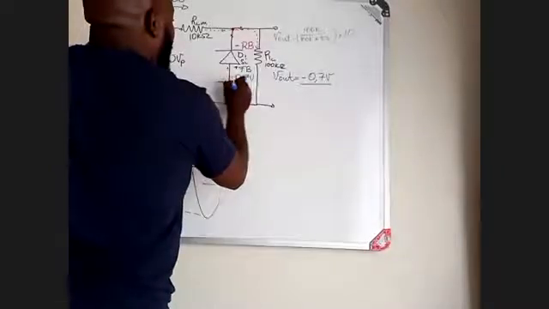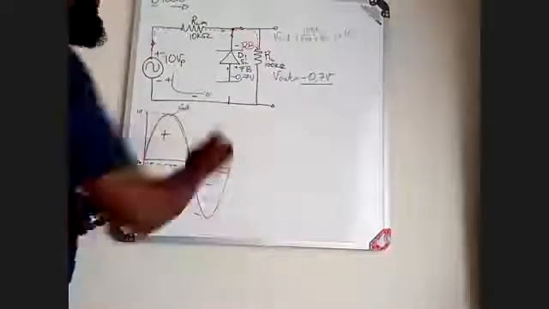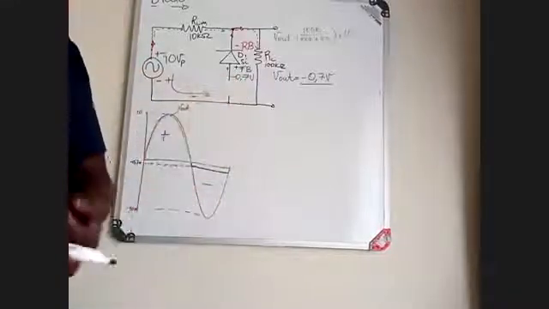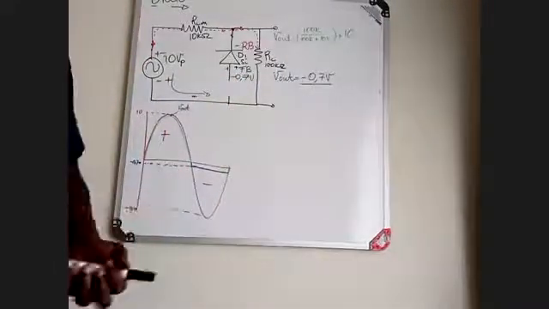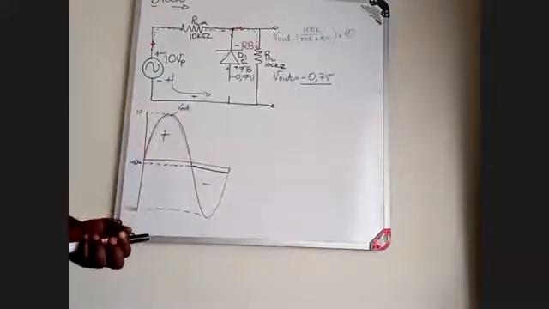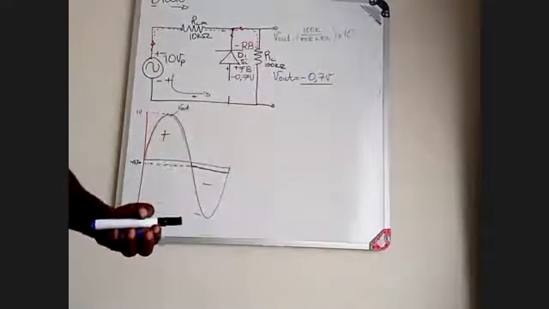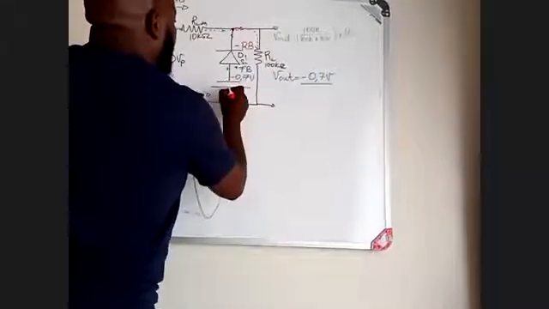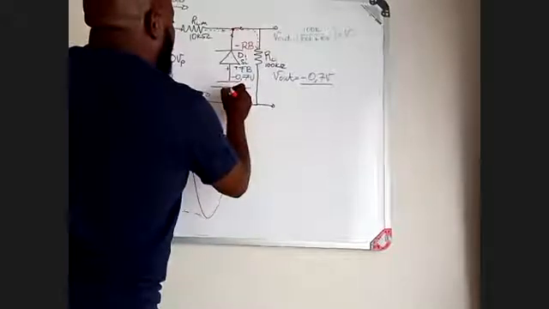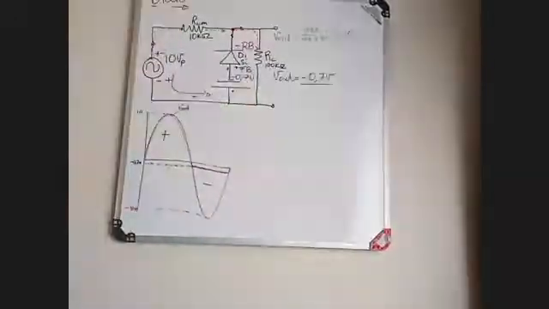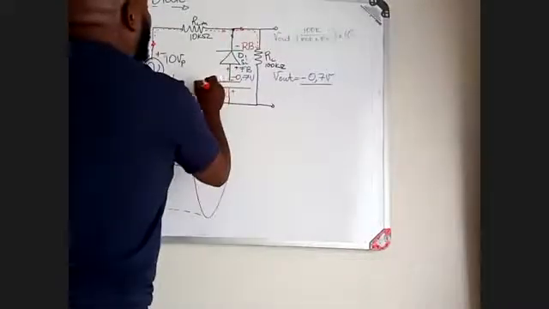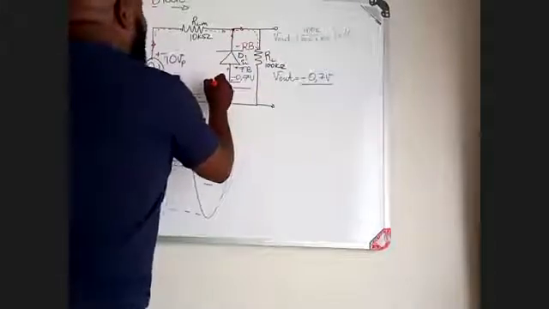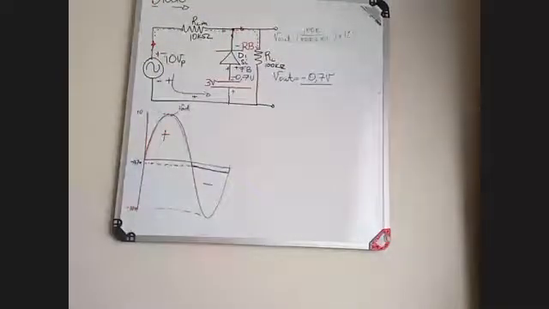I will use a different color, sorry. From the blue, green, red. Then I will say, this is how I am biasing my output. Positive, negative. That is how I am biasing my output. Here I am biasing the output by 3 volts, which means if I bias the output by 3 volts,